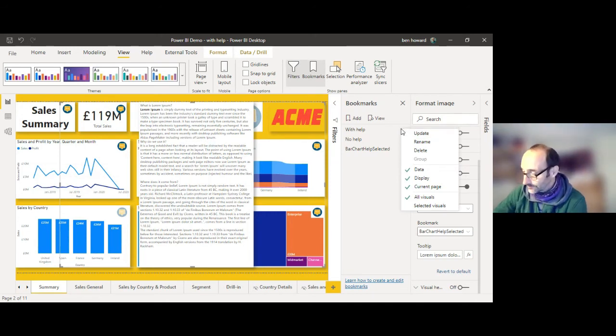At the bottom there, Ben has it selected for all visuals, and he has data selected. So the bookmark will include the status of all the slices on the page as well, won't it? Yep. And then it will include the display status of all the objects, whether they're visible or not, and include the page number as well. Because it is possible to just save a bookmark with a certain set of slices, so that's the data bit, ignore the display and the page, and then you can run that bookmark on any page you want, and it'll put all the slices to be consistent.